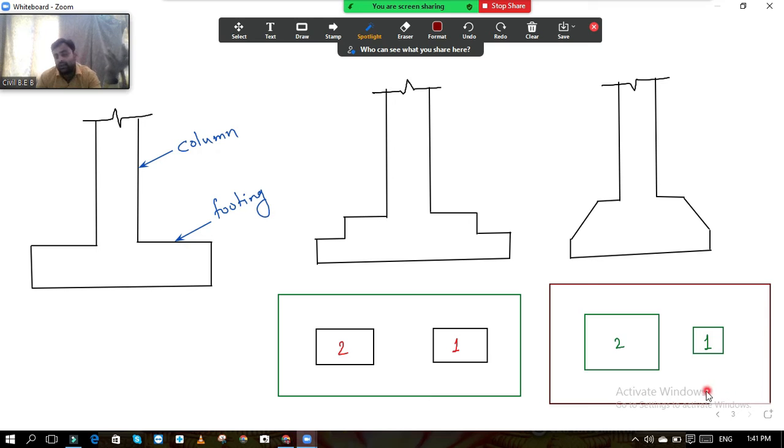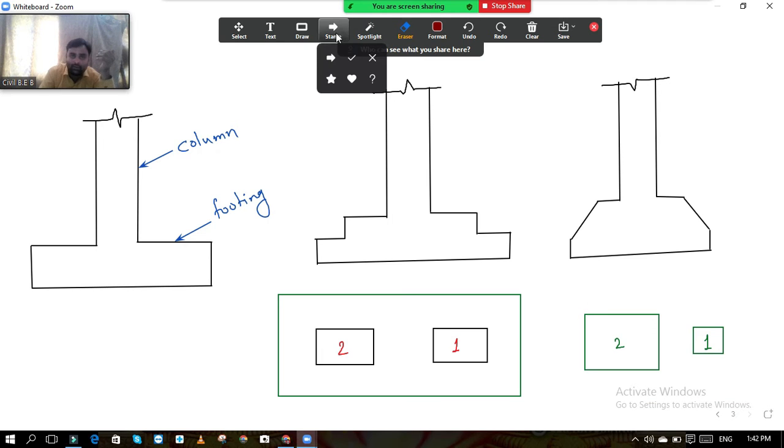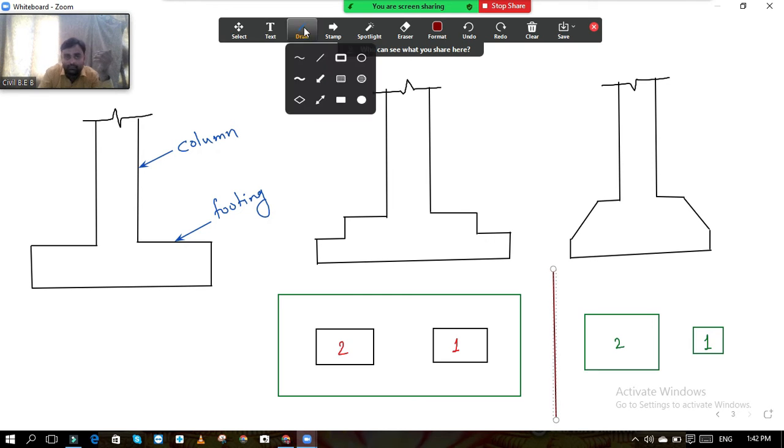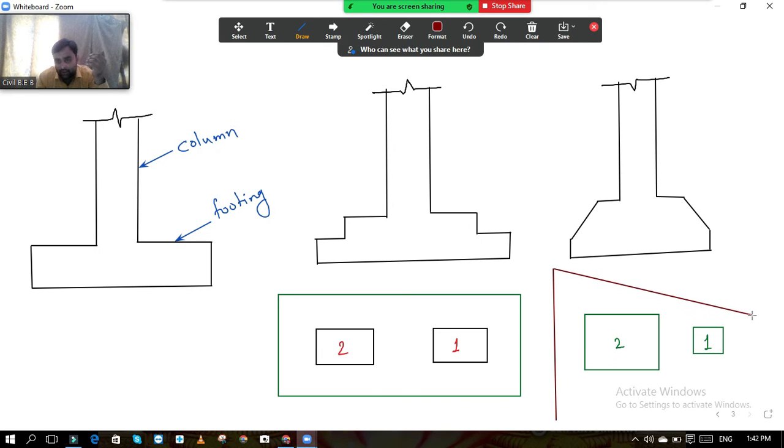What is the use of this area? If you provide the rectangular footing, I can understand this area will get fully utilized because column number 2 has the heavy load. But when you think about column number 1, this area is the wastage area, as the load is less. So in this case, instead of providing this rectangular footing, we go for the trapezoidal footing, and that footing is like this. This is the trapezoidal footing, and we reduce the area as we come to column number 1. It is provided like this.